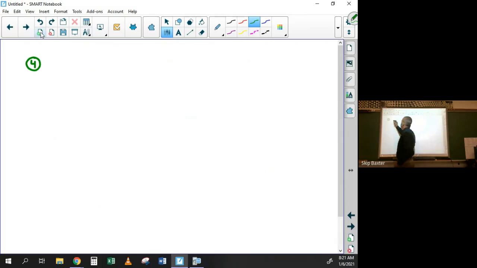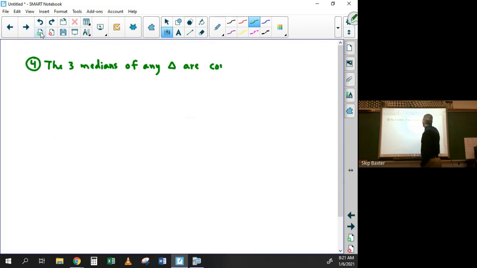Yes, it does. Okay, so the three medians of any triangle are concurrent. And the point of concurrency